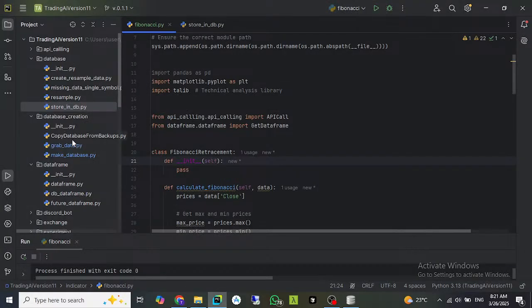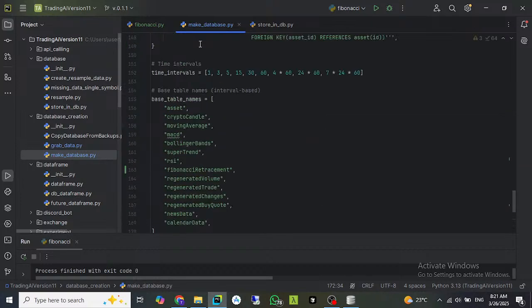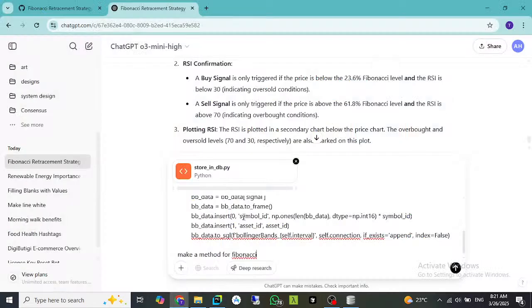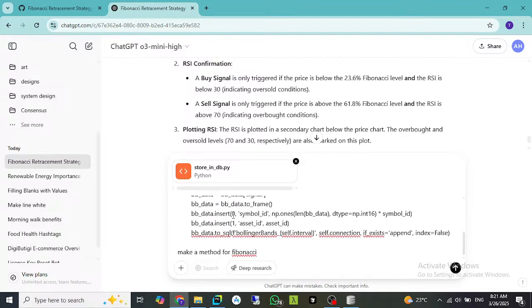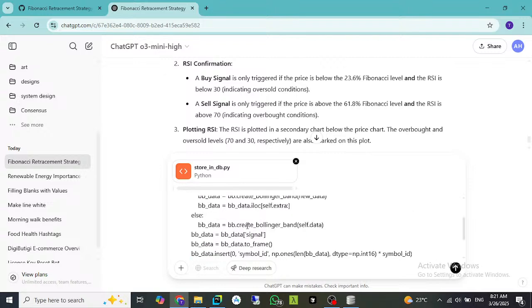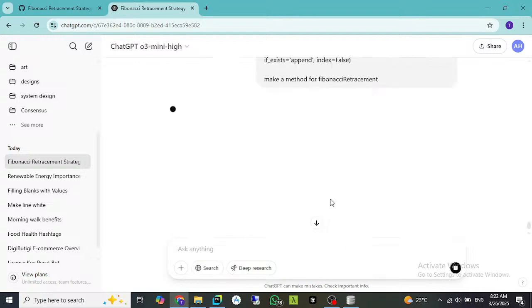And we have to follow the table name, because you see the Bollinger Band table is in the same place, so we have to call it like that, and it will understand